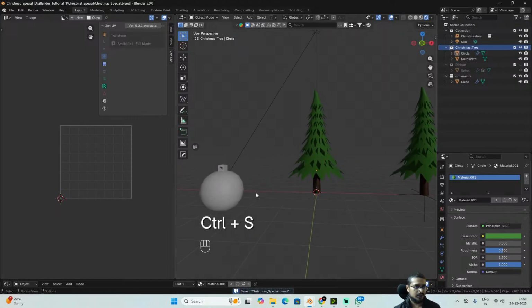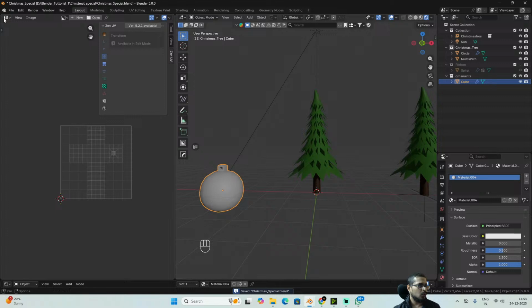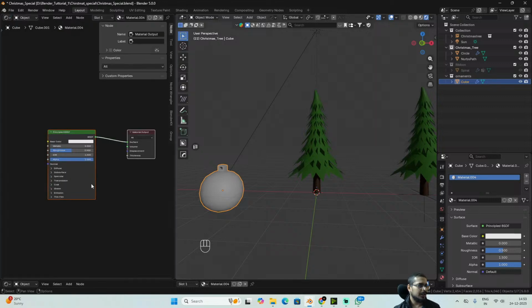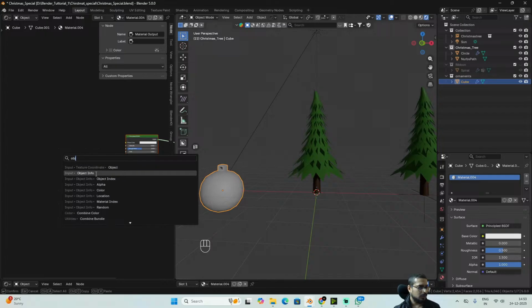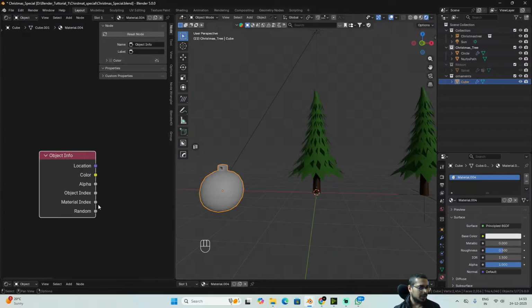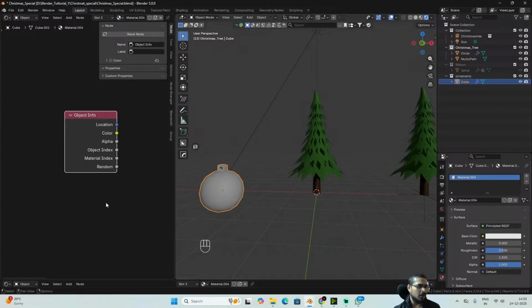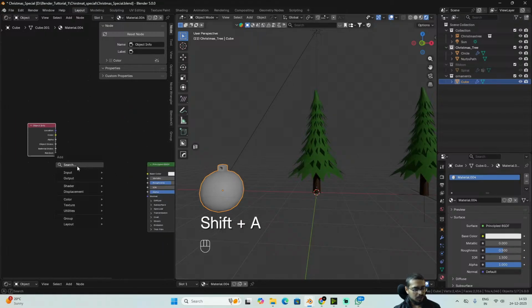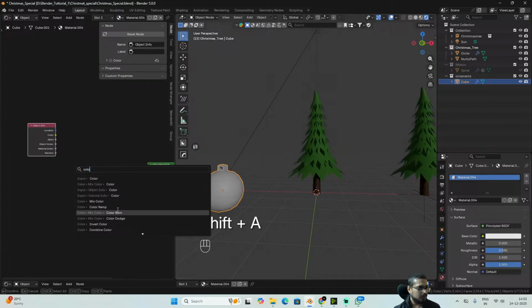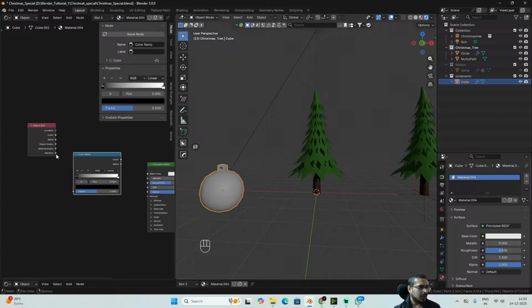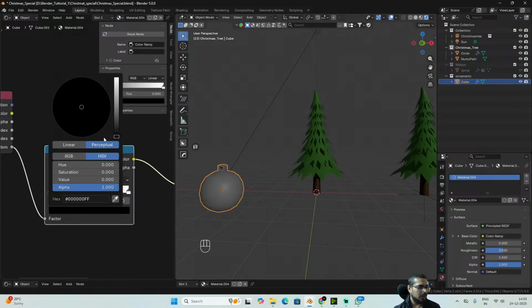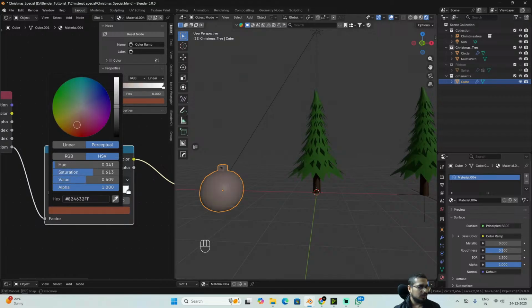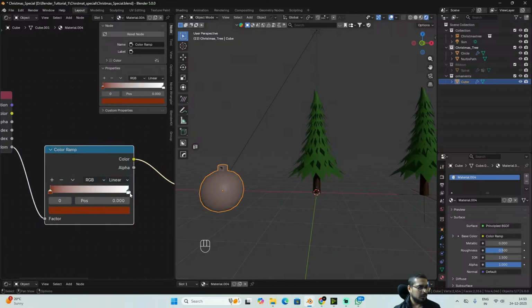Save it. We'll go to shade editor, add object info node, object info. In object info, you can see we have an option called random. So we'll add a color ramp, connect the random to the factor and color to the base color, and let's just give it a red color,